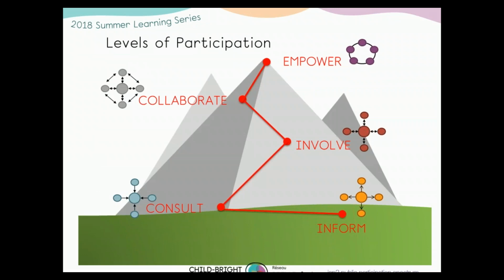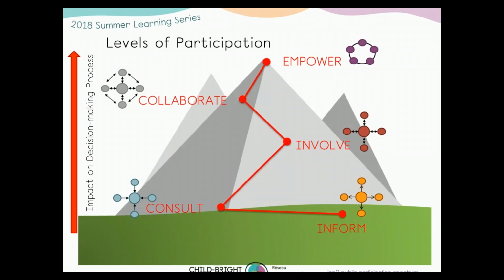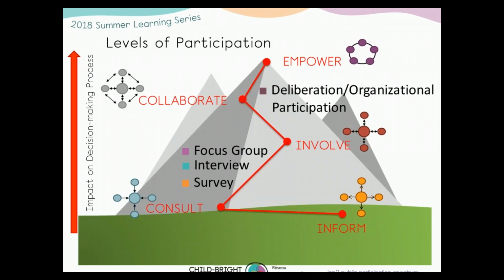So as a throwback to the session we just had at the beginning of July, let's consider those methods of engagement that they had mentioned in the previous slide and where they fall along those levels of participation that we had defined before. You may recall that in the previous session, we had described this continuum of participation that ranges from the level of inform all the way to empower. And depending on where the patient partners are engaged on this spectrum, their involvement can have a varied impact on the decision-making process. In the example that we had just considered, the majority of patient engagement methods, such as the focus group, interview, and survey,